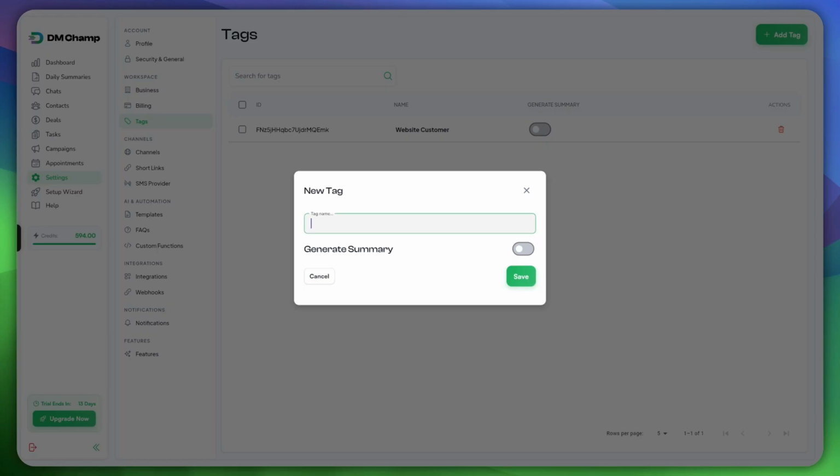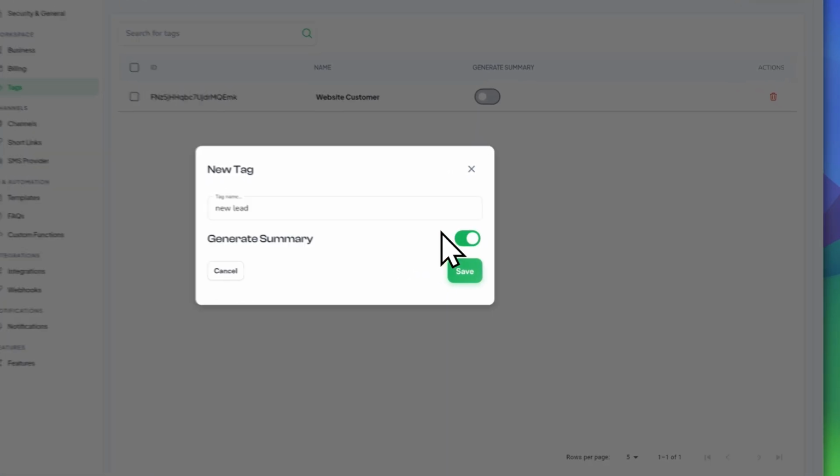So first stage is that we have the new lead. So we're going to name this a new lead tag. And now notice here we have the generate summary button. This basically automatically writes a short explanation based on the tag name. For example, we have new lead. So if I were to create this tag in here, generate summary, if turned on, would automatically add a